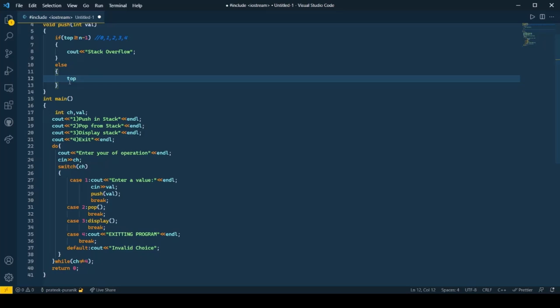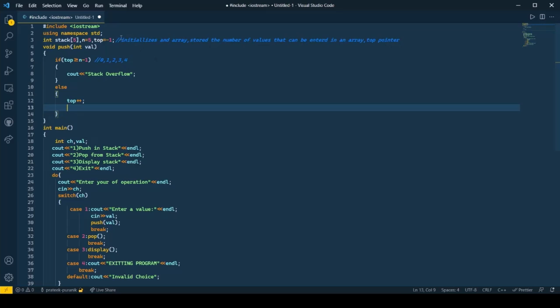First we increment the value of top. That means if currently top is pointing to -1, it would then point to 0, and then we would push in the value of the current val which we just accepted onto the stack. So stack of top would be equal to val.